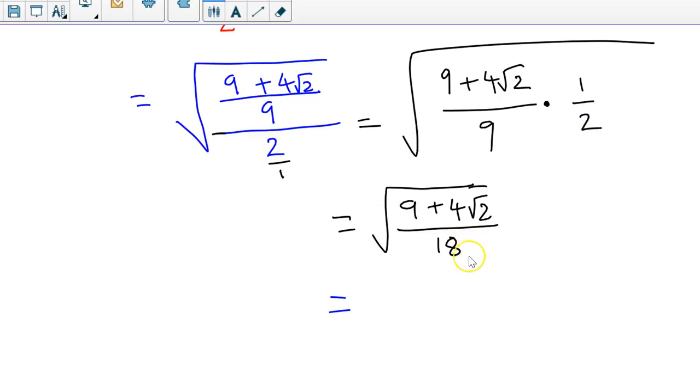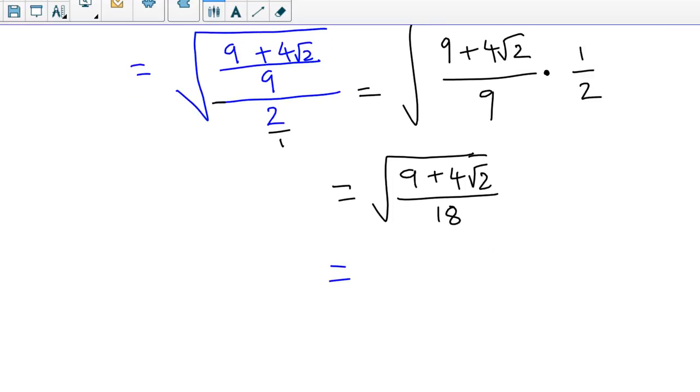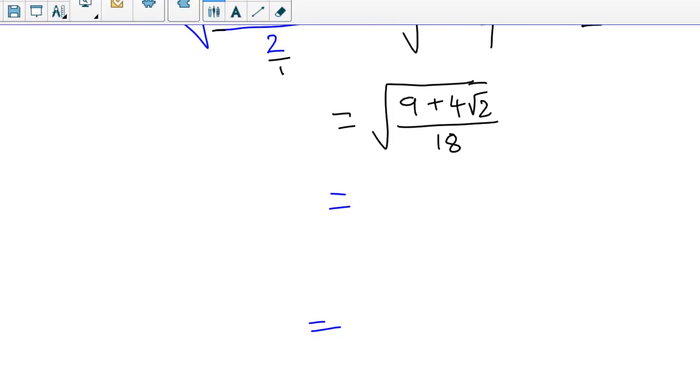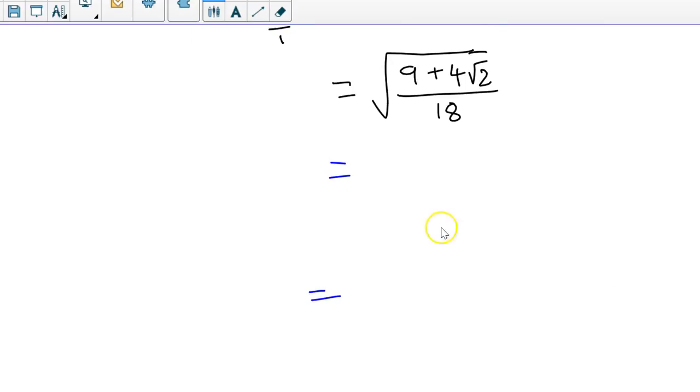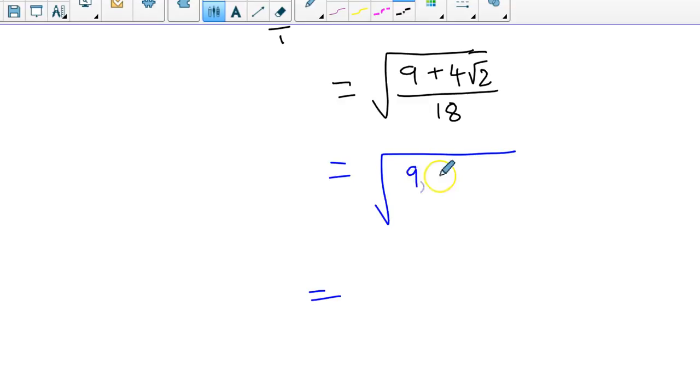Okay. Now, we know very well that in the denominator, I should not have an irrational number. So square root of 18 is not available. In the denominator, I should have a perfect square so that I can get rid of the square root sign from the denominator. So we have to see with what I should multiply this denominator 18 to make it a perfect square. Alright, so let me write this again. I have 9 plus 4 root 2 over 18,